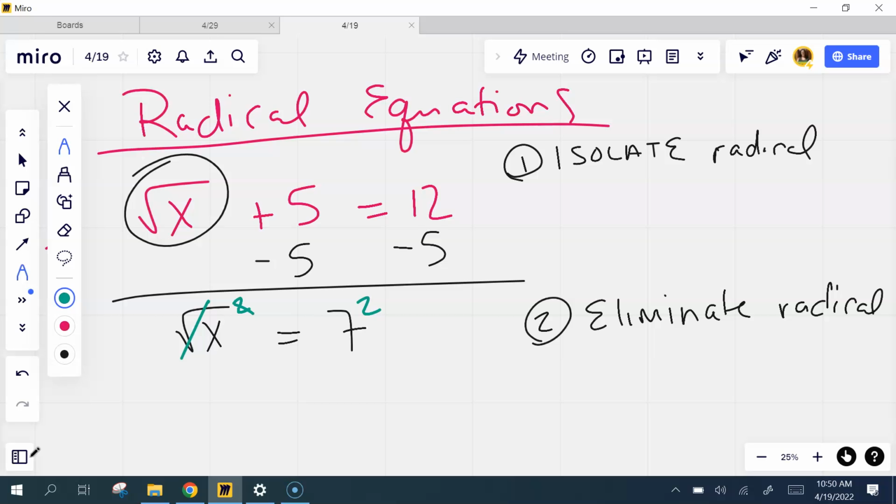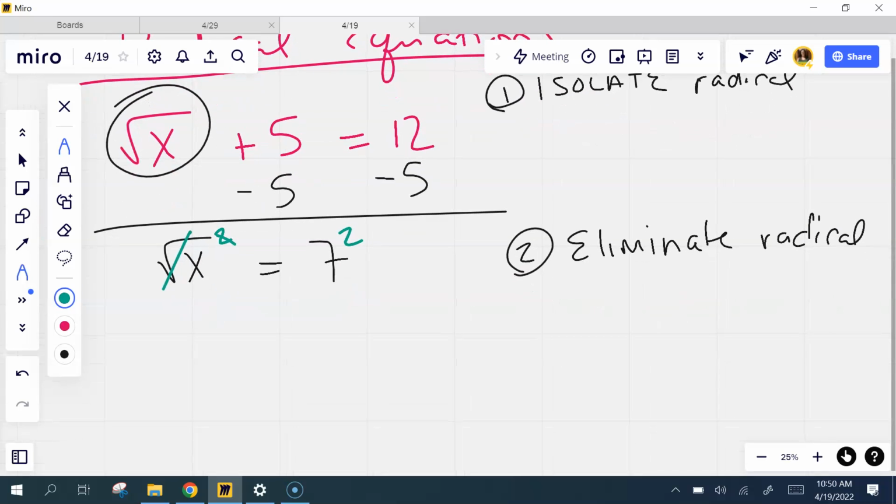Do you agree? But what if that was the third root of x equals 7? How would you then get rid of the radical? The cubed. That's exactly right. And if it was the fourth root, you would do a 4. That's exactly right. So that's what that step means. Whatever that root is, I'm raising that to both sides to eliminate the radical, because that's how you get rid of it. So now I have x equals